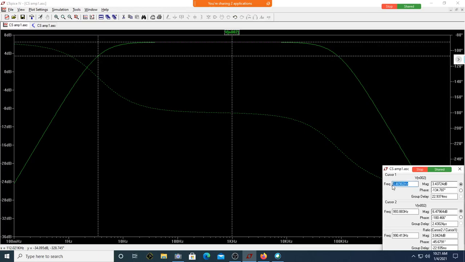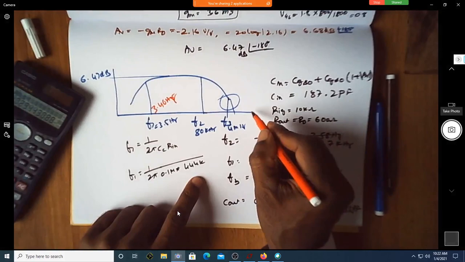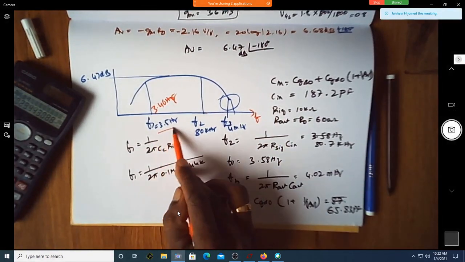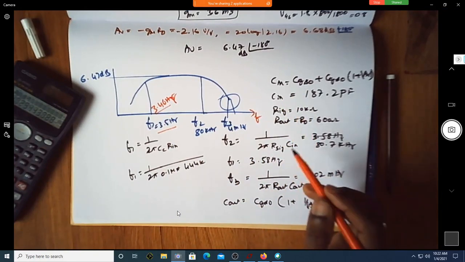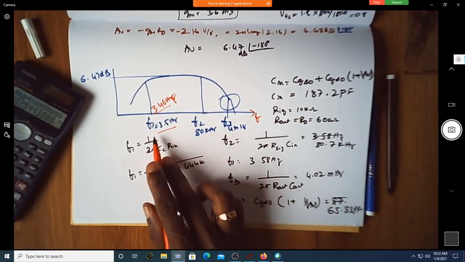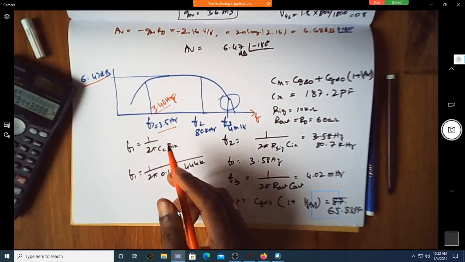The typical frequency we got using simulation, let me write it using some other color, maybe red, simulation, is 3.46 hertz. This is the frequency. Let me just show you that also. These are the things we have. This is frequency in terms of hertz. This is the expected value. This is what you're getting, and these are the values of f1, f2, f3, and their corresponding values of capacitance and resistance values. This of course 6.47 is the maximum gain, that is in midband.